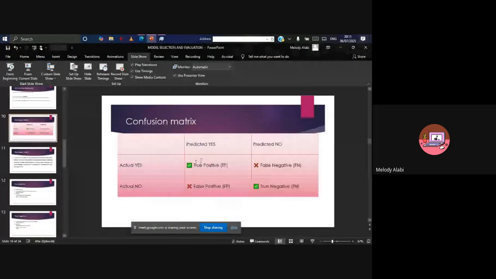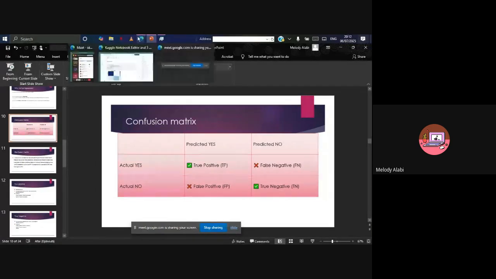So, sorry, true positive, false negative, false positive, true negative. Recall, true positive means the model predicted the person did not survive, based on the classes that did not survive,